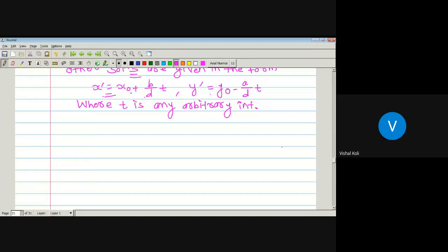Okay, so here we have to establish the second part only, since the first part we have already proved in the first theorem. So, to establish the second part, let us suppose that (x₀, y₀) be the particular solution of